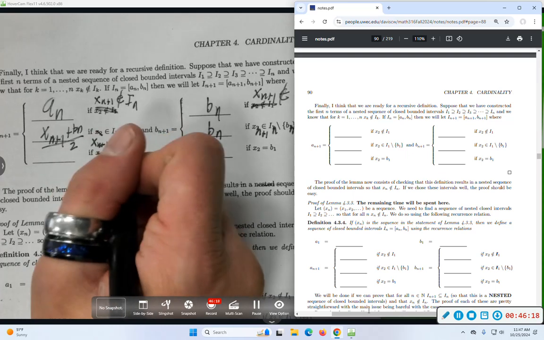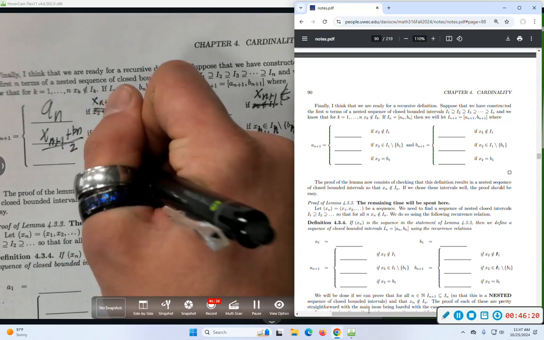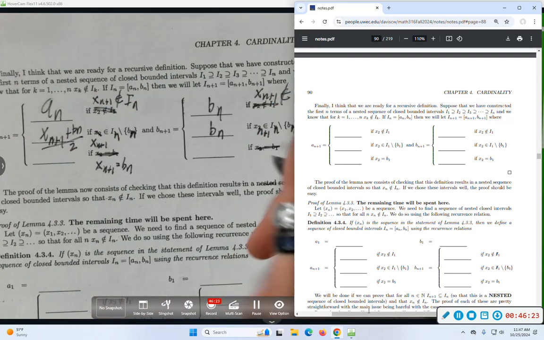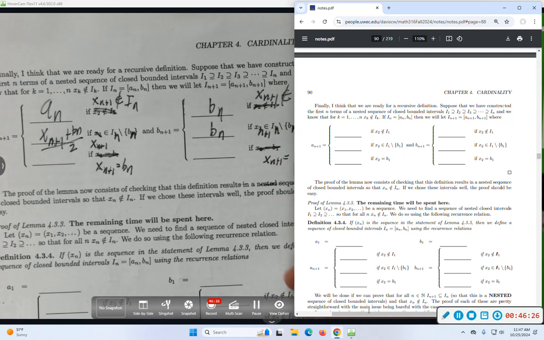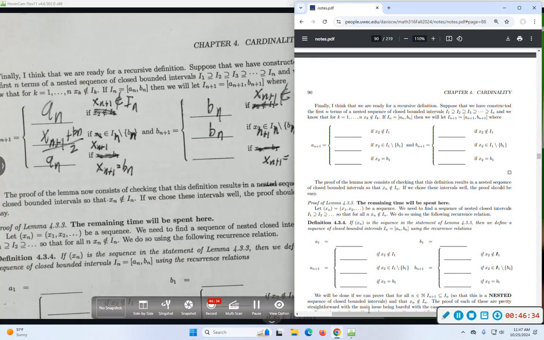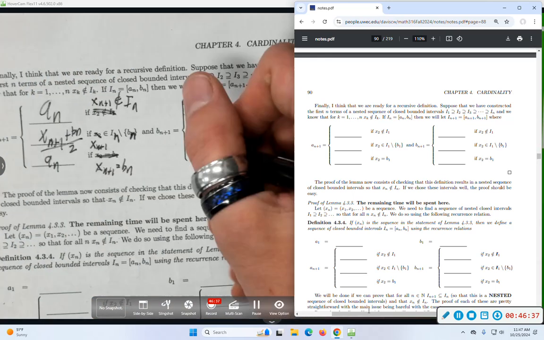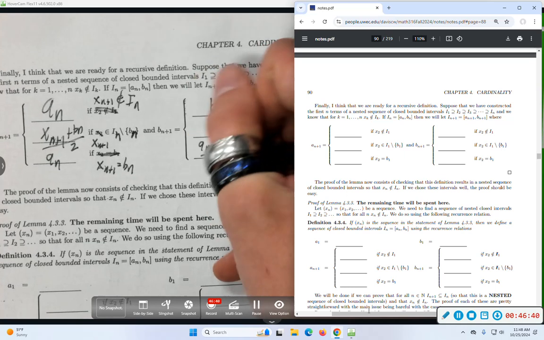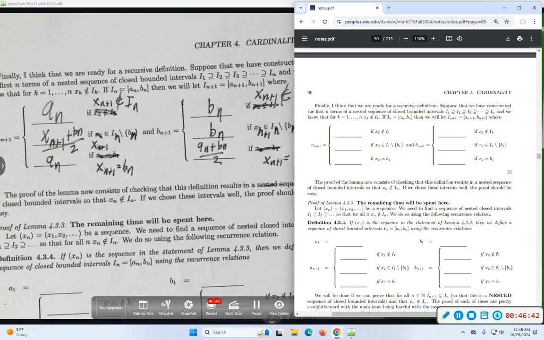And the last case, if xn plus 1 is equal to Bn, then what seems like a reasonable choice? An plus 1 equals Bn. Cool. Bn plus 1? The average of An and Bn. Groovy. All right. So there's a sketch which I think is pretty convincing. Now it's just a matter of checking some details, which will take some writing, but it won't be bad.